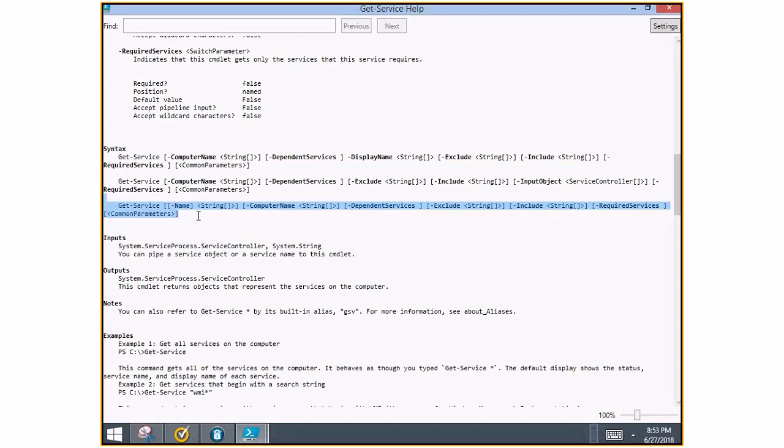You see, Get-Service can carry all the three overloads. It is entirely up to you which overload you choose. If you choose an overload which has the service name first, then the computer name would definitely come second, then the dependency would come third, then the exclude would come fourth, then the include would come fifth, and required services will come sixth, and common parameters will follow after it. But if you choose computer name first, then the dependencies would follow it,